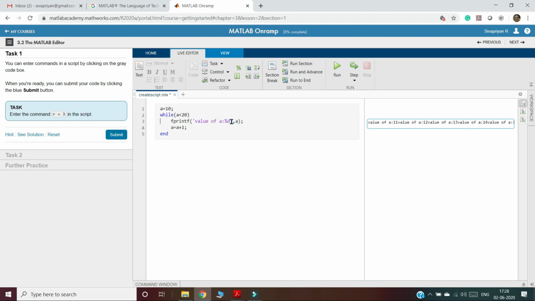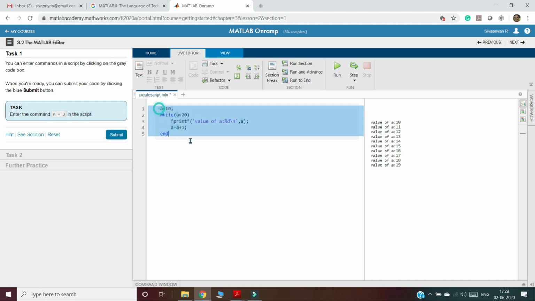To avoid that, you have to add backslash n so that it will move to the next line. So you got value of a, and as long as a is less than 20, that statement is printed along with the value of a. This way we can implement the while statement.